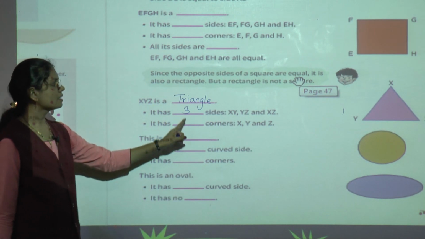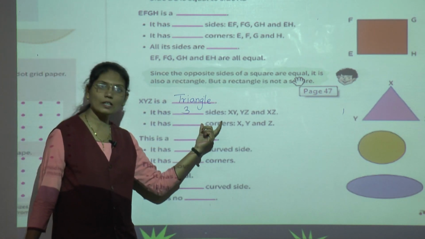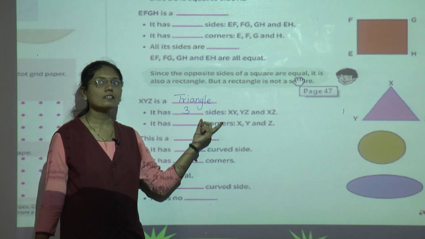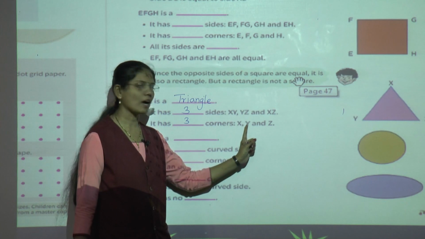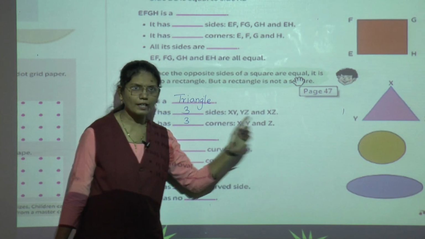It has dash dash corners. How many corners does it have? It has 3 corners. And the names of the corners are X, Y and Z. Okay. Now,